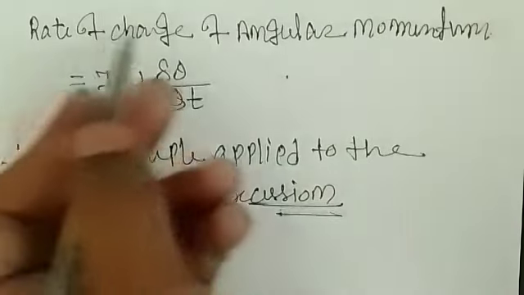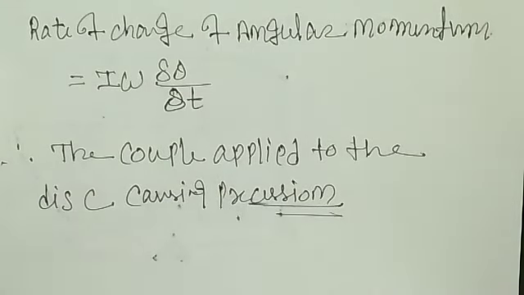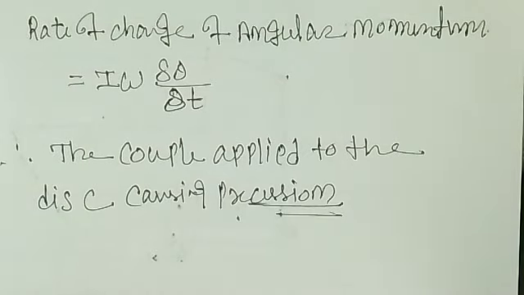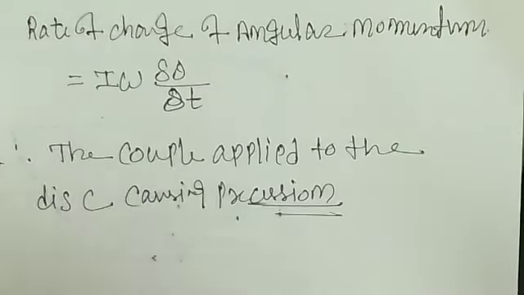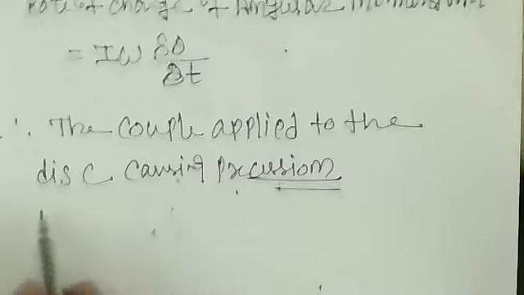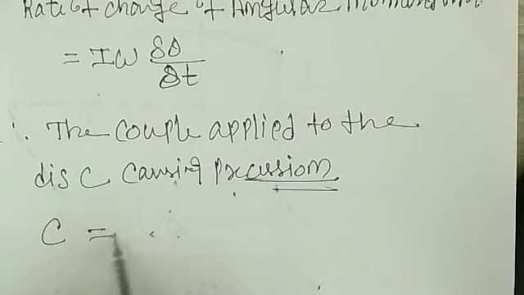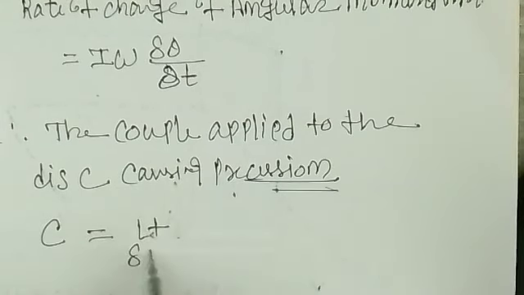That is why, because the rate of change of angular momentum is a result of a couple. Because of that couple only the disc is in precession. So C is equal to limit as delta t tends to 0